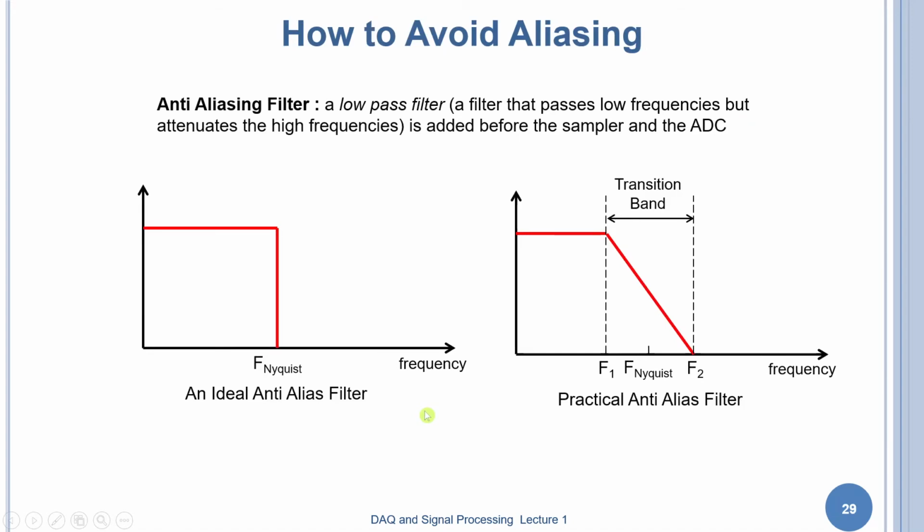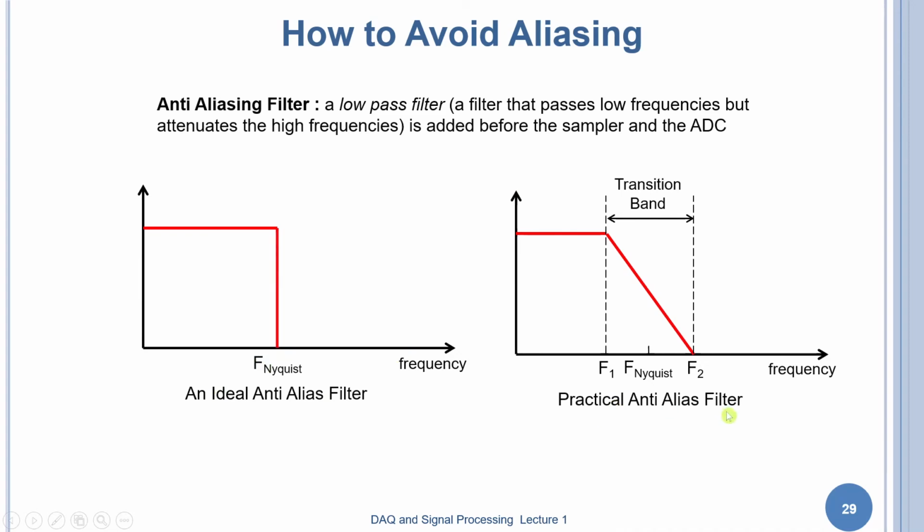Now, how to avoid aliasing. We know that any frequency below Nyquist can be captured correctly, and any frequency above Nyquist will show up as an alias frequency in the measurement. So we can use an analog filter. All this problem arises because of our sampling, so before we sample, why not use a filter? Any frequency beyond Nyquist, we can then actually keep out of the measurement system. An ideal filter will cut off all frequencies beyond Nyquist.